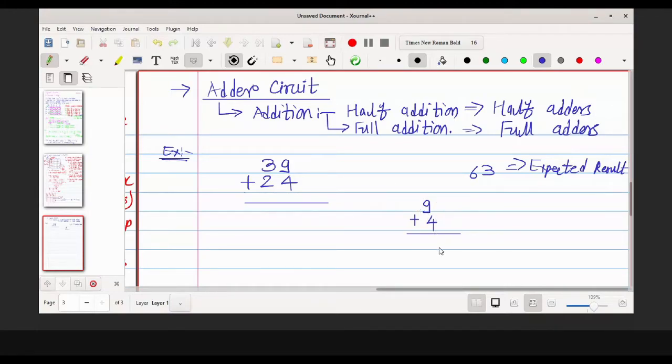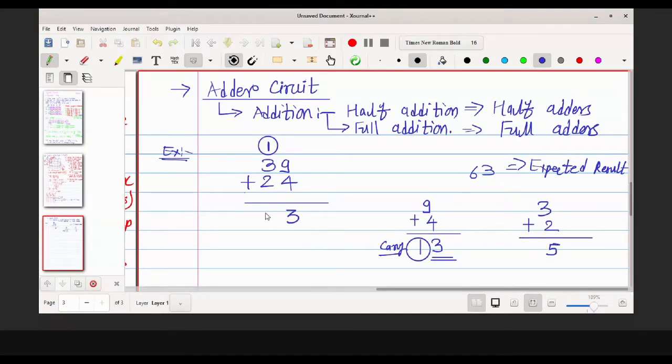Okay. So when I do this 9 plus 4, I am going to get 13, out of which this 3 I am keeping over here at the unit position, and this 1 is my carry that I will throw out. This is a normal addition. Okay, so this is the result. Now what is to be done for the tenth position? So it is 3 plus 2, so it comes out to be 5.